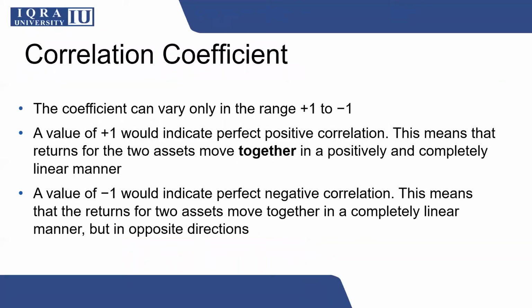The correlation coefficient can range from +1 to -1. A correlation of +1 means that the prices or returns of two stocks, or index, whatever you are taking, are moving exactly together, meaning in the same direction. If one is increasing, then the other one is also increasing. In contrast, a correlation coefficient of -1 means that both are moving in opposite directions. A zero correlation means both are independent.